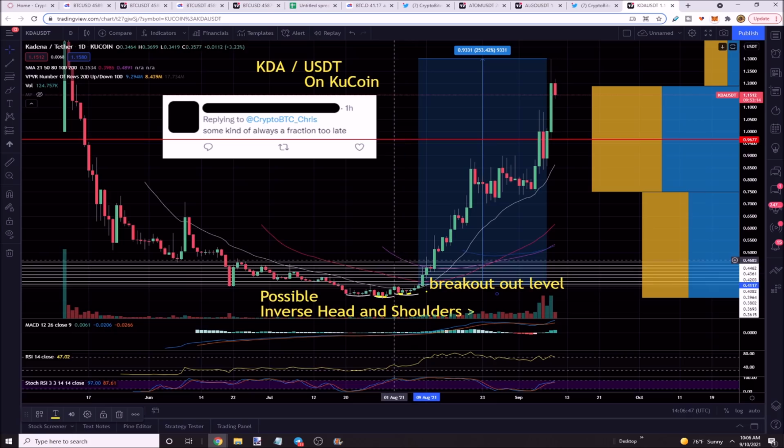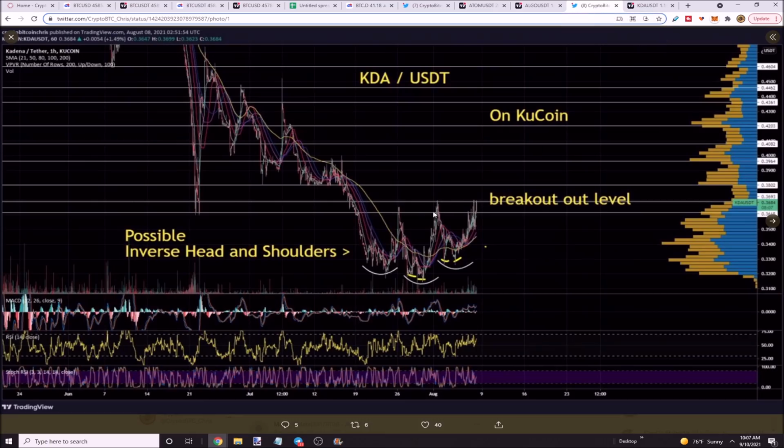Sometimes you have to have a zoomed out approach to this market. These small moves on small time frames, they start somewhere, right? 253% moves start with a small 5 or 7% move. Did you miss a move? I gave this to you guys. I gave this to you guys on Twitter, on YouTube, KDA,